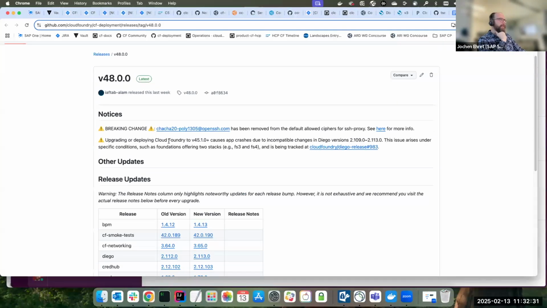This one is incompatible because the ChaCha20-Poly1305 cryptographic algorithm has been removed from the ciphers of the Diego SSH proxy. I can't really figure out for whom this might be a breaking change.